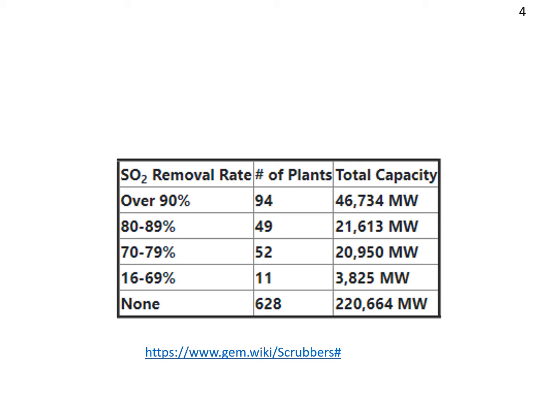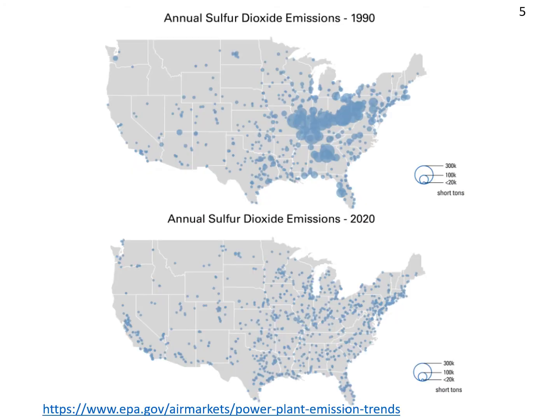But the narrative of we're not making sulfur oxides is not really true. On the same EPA website, just a little farther down, there's a graphic that shows sources of sulfur emissions. Note there are significant improvements in some of the largest emitting sources. The big dots get smaller, but there are more sources 30 years later, and the problem hasn't gone away. Emissions of nitrogen and sulfur oxides matter locally more than they do nationally, because these emissions combine with water and usually precipitate locally. But under certain conditions, they can actually rise to very high levels.